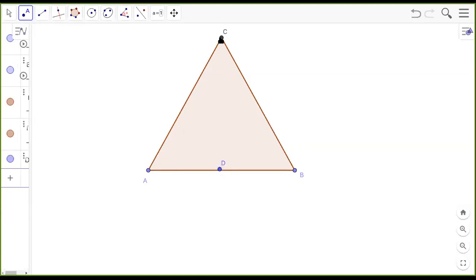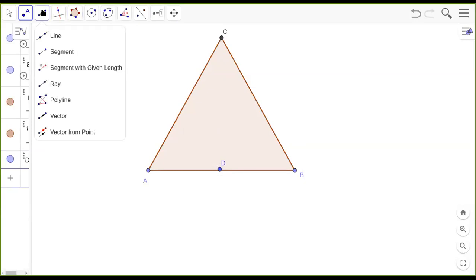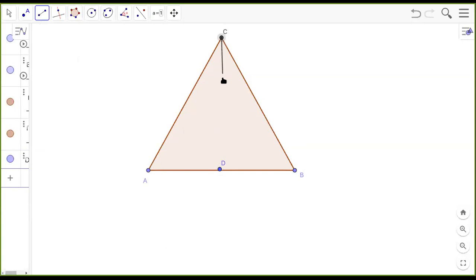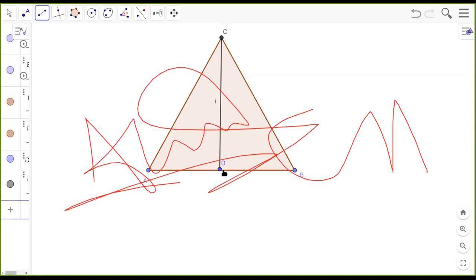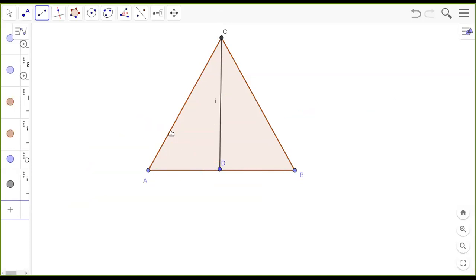3. So I'm just drawing the first one because it's an equilateral triangle. All the 3 altitudes will be of the same size. So if I find out 1, my job is done. So I have drawn the altitude here. That means from the vertex to the opposite side, I have dropped the perpendicular. And because it's an equilateral triangle, there is a very special reason why we are talking about an equilateral triangle. There is something which is very, very true for an equilateral triangle, which I've been repeating many times in the class. What is that? In an equilateral triangle, the medians and the altitudes will always coincide. So if you draw an altitude, say now my CD is my altitude.